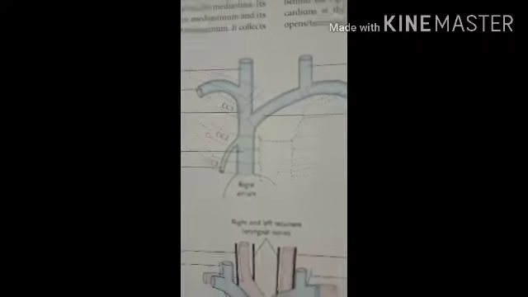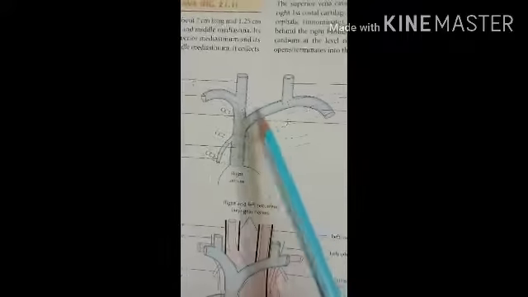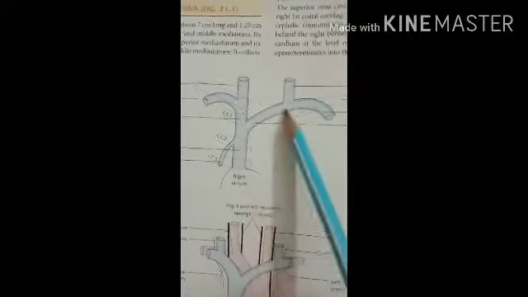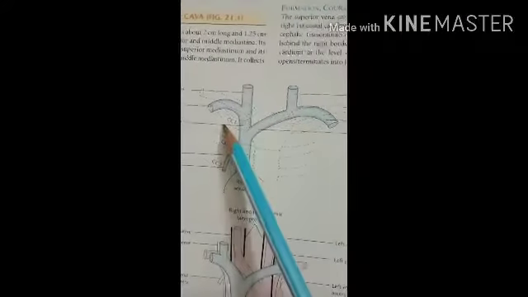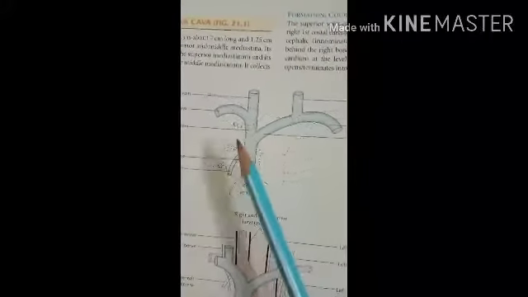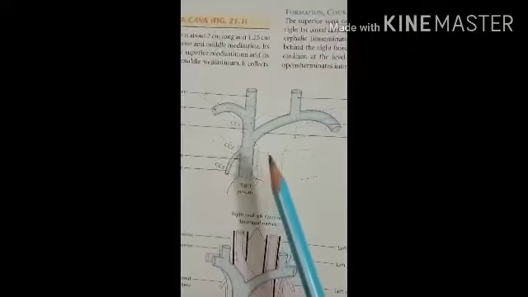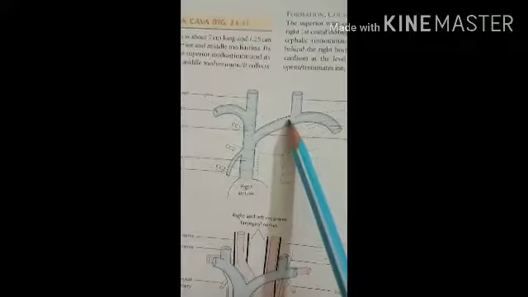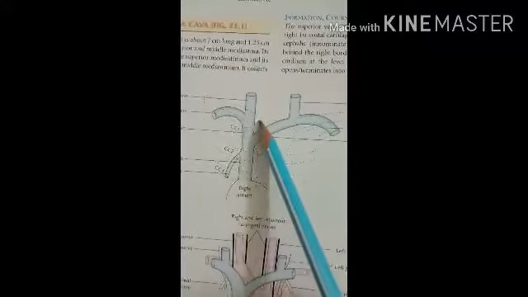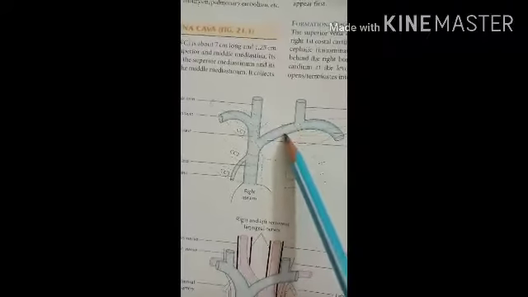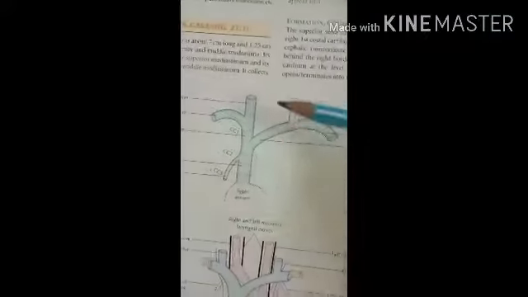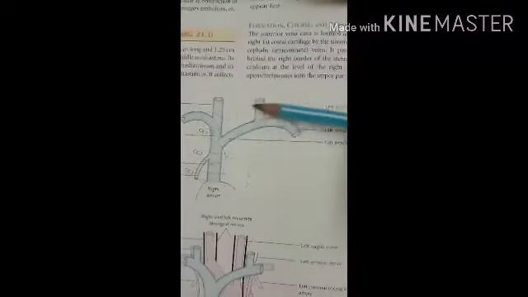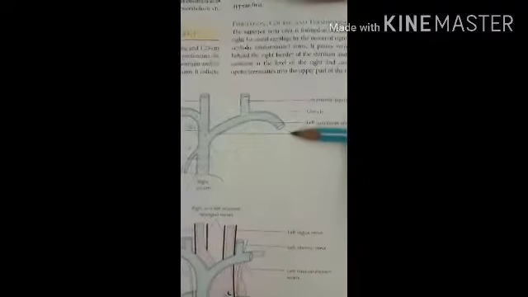After that we have to see the brachiocephalic vein. So this is the right brachiocephalic vein and that is the left brachiocephalic vein. So these are the two brachiocephalic veins, the right and the left, and each of them forms behind the sternoclavicular joint. So here you can see that is the sternoclavicular joint on both sides, that is the sternum and these are the two clavicles. So it is formed behind the sternoclavicular joint by the union of the internal jugular vein and the subclavian vein.